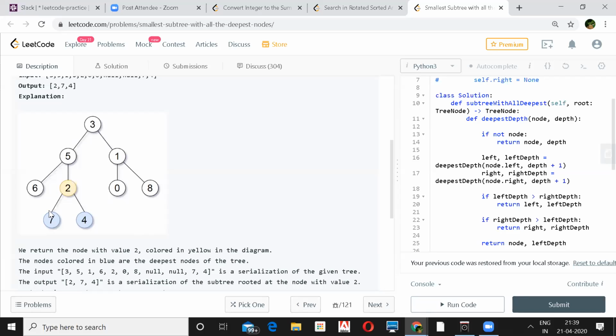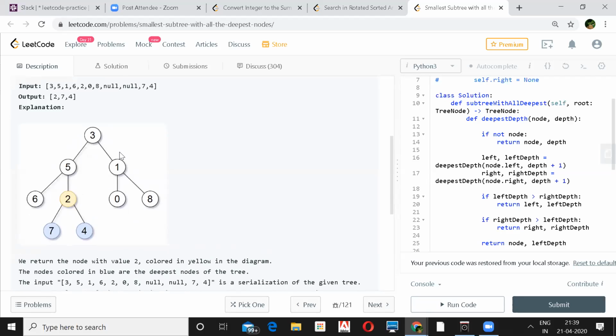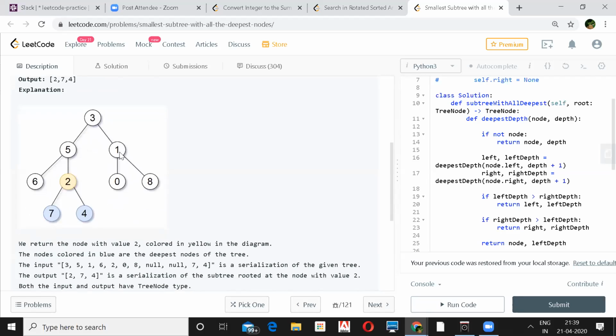So for them, I think we should have returned 1, because that is the minimum point where they are returning. But in that case, 3 could also have been the answer. They are not saying to return the lowest common. I think they are saying the lowest common. Otherwise, 3 will be the answer before everything. They haven't mentioned it explicitly, right?